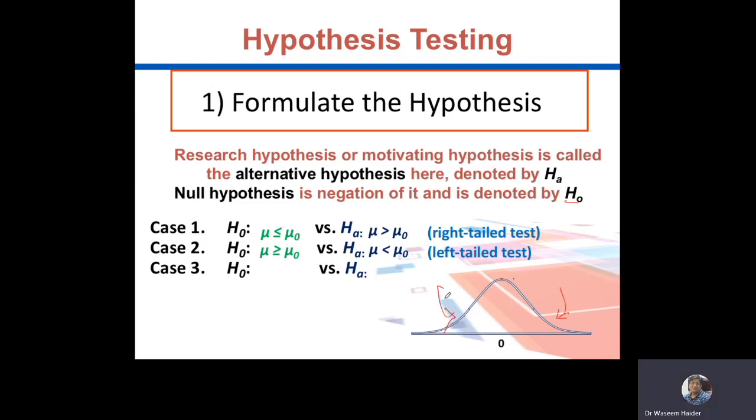We may be looking for some scenario in which we are looking for some mean that is not equal to mu naught. H0 would be mu is equal to mu naught. In that case, on the curve, we will be looking for both sides. The mu might be greater than mu naught, or it might be smaller than mu naught. So respective tail will be searched for it. We will be looking for both tails under this curve. So that's why it's a two-tail test.